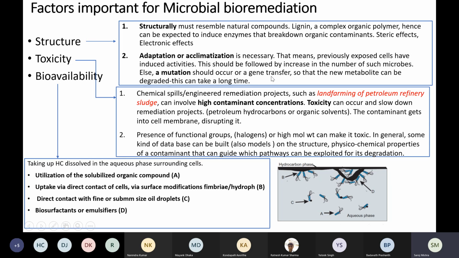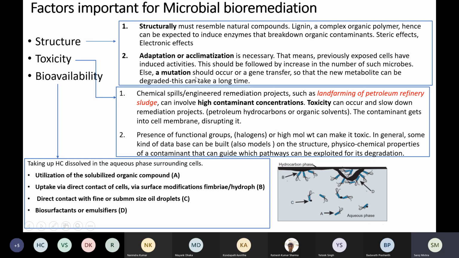or through gene transfer, because there are other kinds of bacteria in the soil, and through conjugation and other processes, one of the organisms which was very good at hydrocarbon degradation may receive a plasmid from something which can break down textile dyes. So this bacterium now becomes very versatile. It can break down hydrocarbons, it can break down textile dyes, and it can act on that soil much more efficiently. Okay, and this can take a long time. So in other words, when you think about microbial remediation, acclimatization is extremely important. Okay, so I hope this point is clear to everybody,